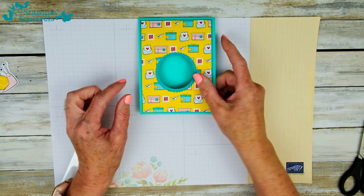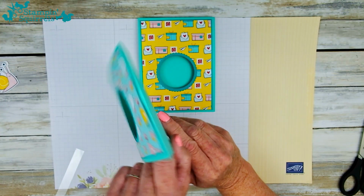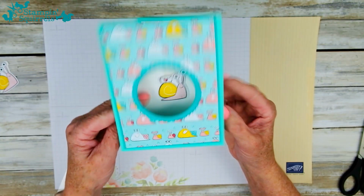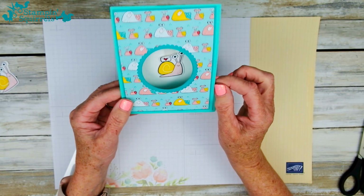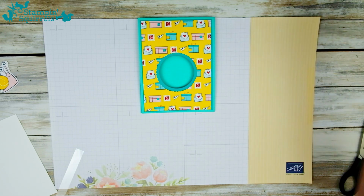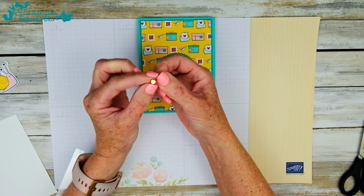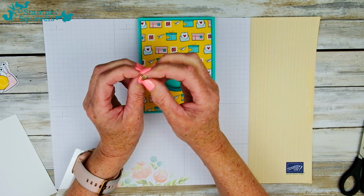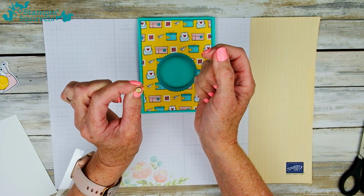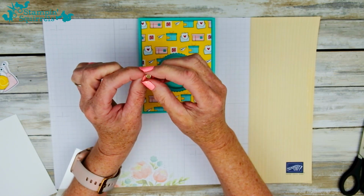So now what we're going to do is talk about this little mechanism here, because inside, which you can't see, is the pendulum, which has been stuck with a brad. So look for brad, she says. There it is. Sadly, I haven't got any tiny brads left. I've used them all on this month's gift boxes. So I'm using quite a big brad. I'm hoping it won't show too much through the top,